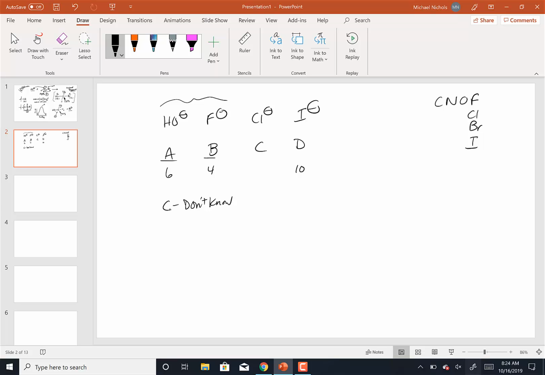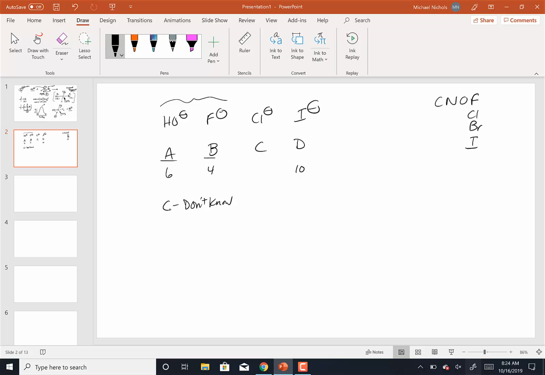Okay, I got 8 A's, 4 B's, and 2 C's. So we're kind of split between A and B, which tells me I need to go back over the rules. Okay, so here are the rules for